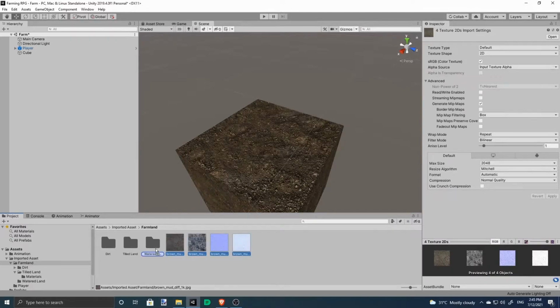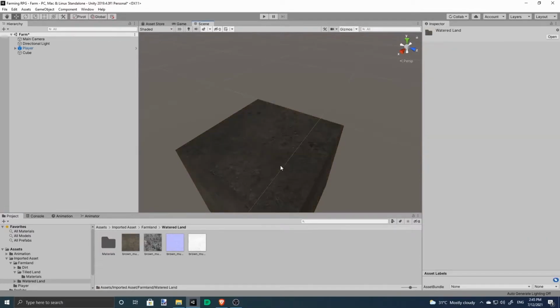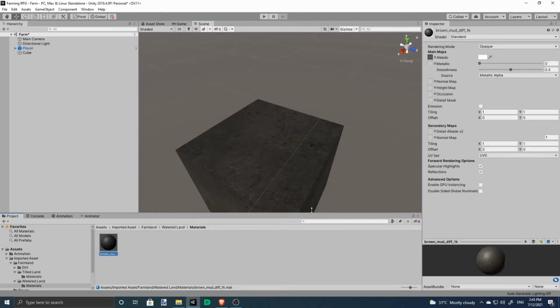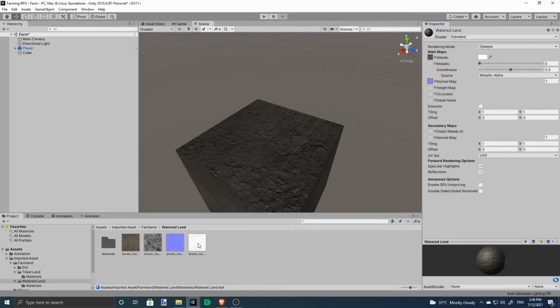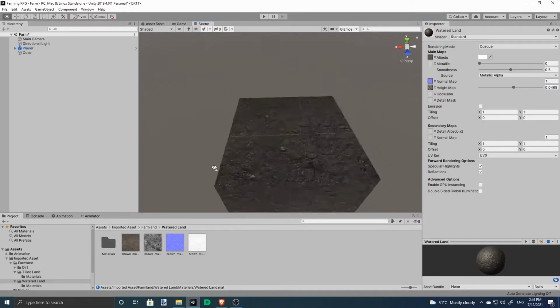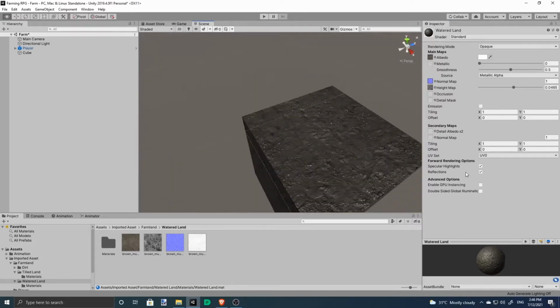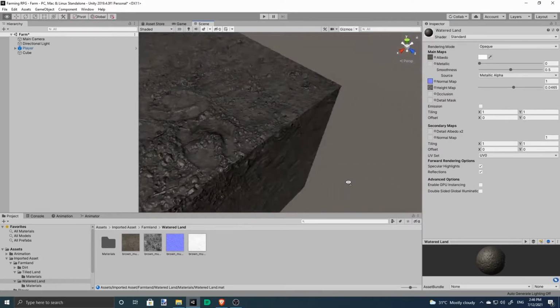So this is the textures when we've watered it. It's going to look like that. Adjust the height map accordingly a little bit.